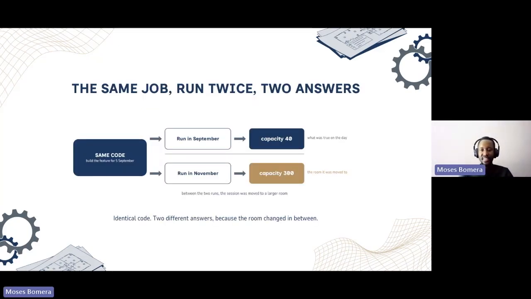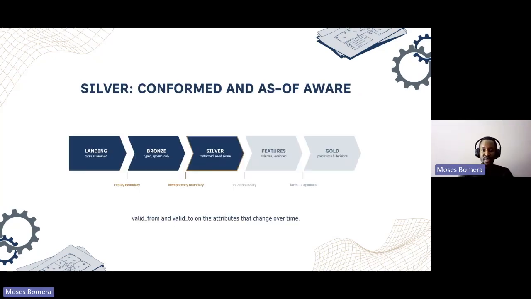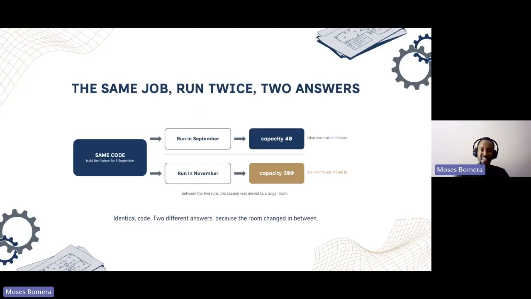All right, so this is just a demonstration of the whole time travel concept in the context of Silver. Imagine we had planned for a room to have 40 people. And at a certain point, the people that actually came into the room were, in this case, 300. So if you had run the code, say in September, the code will give you the 40. And if you run it today, you see 300. So same code, same process, but you see different values of data.